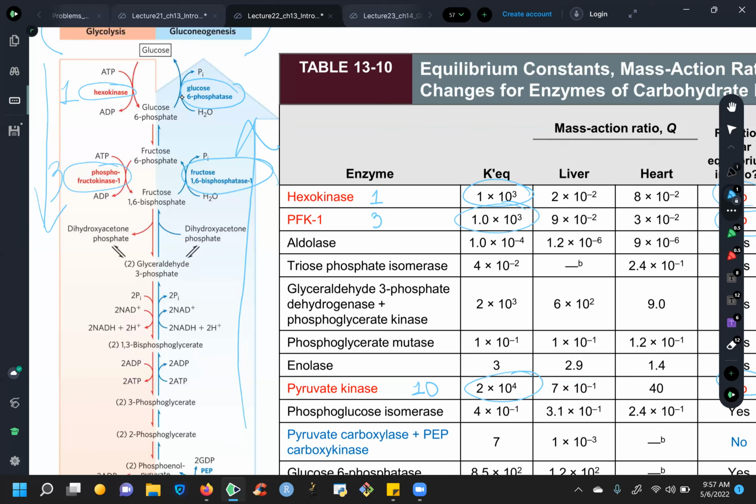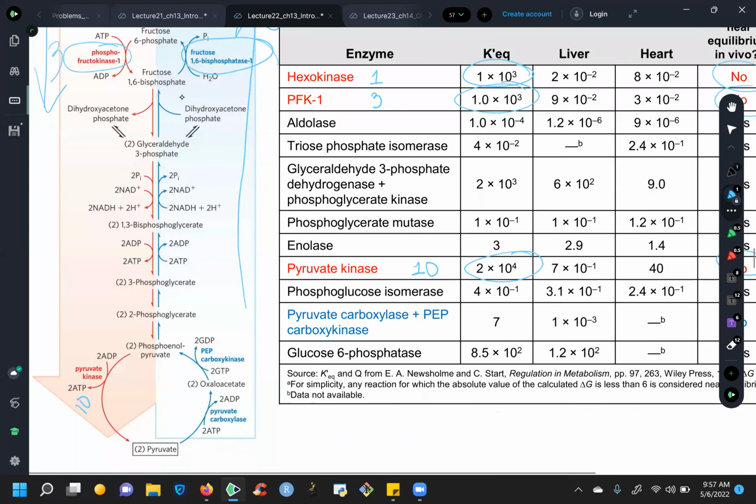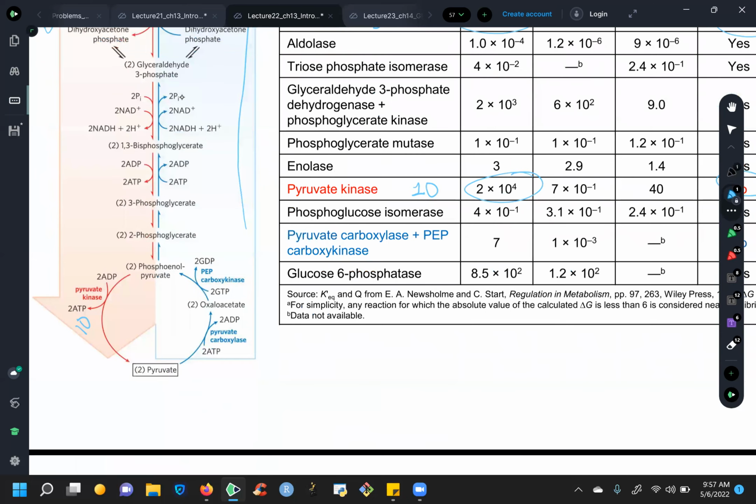One of the reasons phosphofructokinase 1 is so highly regulated is because this is the first step in glycolysis where you're just like, oh, we're definitely going to do glycolysis. There's no turning back after this point. And then to overcome reaction number 10, the activity of pyruvate kinase,